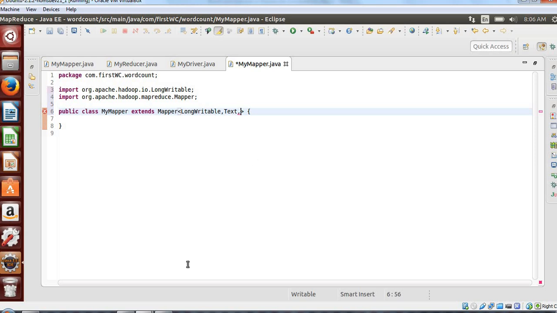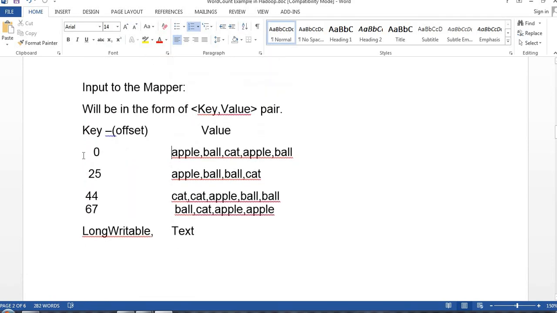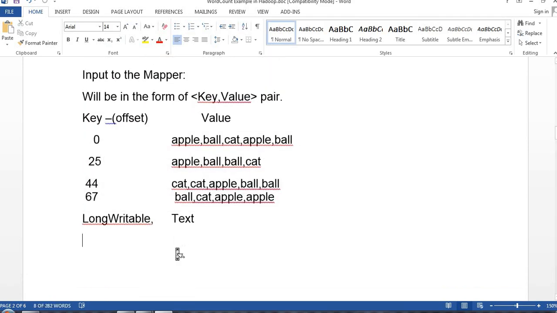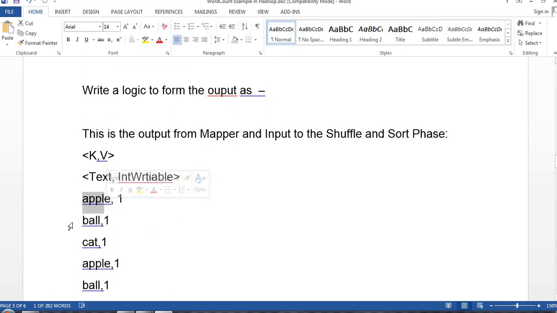Then your output key. If you can see, from this you are expecting output like this: apple 1, ball 1.